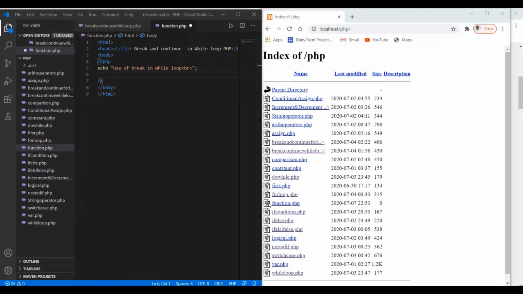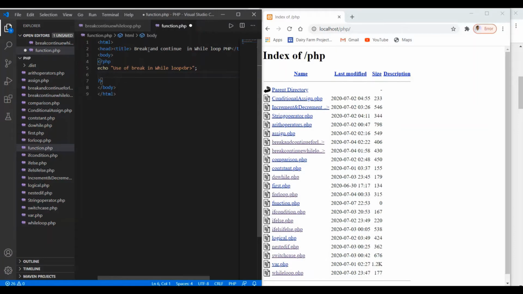So here in this video I'm just going to elaborate on creating a simple function and how to call a function. In this regard, I have created a file with the name function.php, and here I have written some code. We have to start the PHP script in order to create the function.